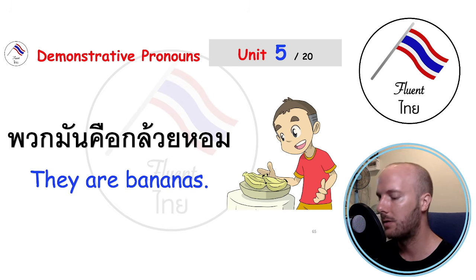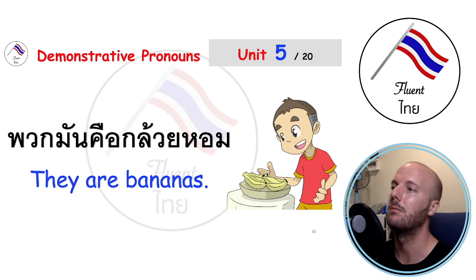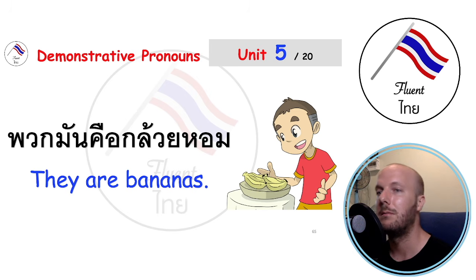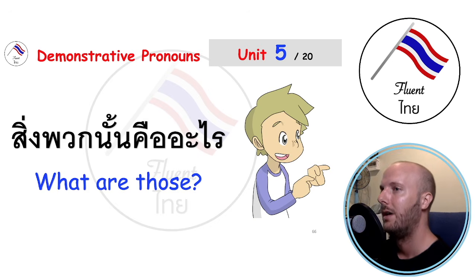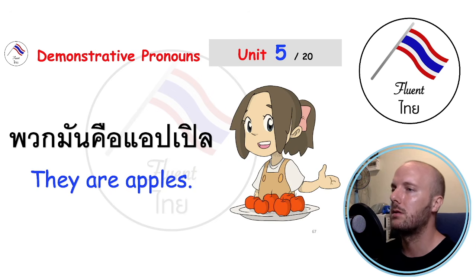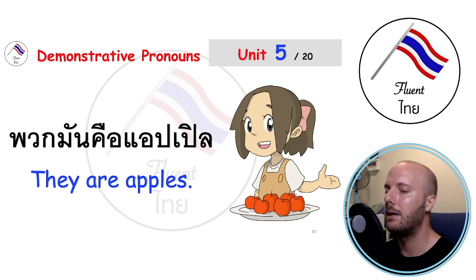So whereas in English the word they can be used for both a group of people or a plurality of things, in Thai they separate. So people would be พวกเขา, meaning they, but พวกมัน would be the they of plural things. You'll see that. In English it's the same word but in Thai they separate. What are those? สิ่งพวกนั้นคืออะไรครับ They are apples. พวกมันคือแอปเปิ้ลครับ